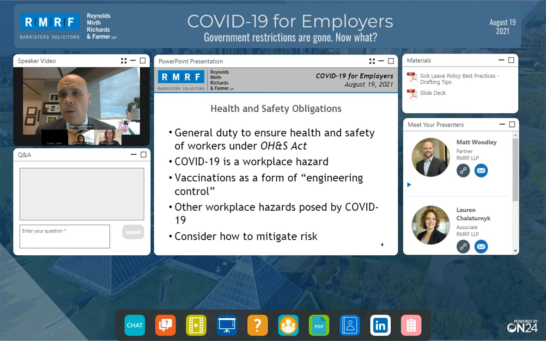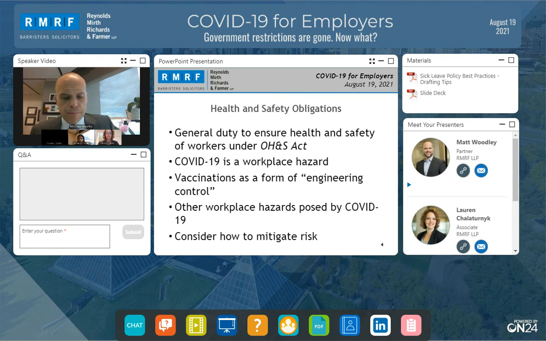The way in which your workers interact with members of the public. So if you're in an office like me where you can close the door and you don't have much interaction with your coworkers, compared to a situation where you have your frontline workers who may be required to interact with members of the public on a regular basis, or who may be required to deal with particularly vulnerable segments of the population. It's another factor that has to be considered. And of course, issues like physical distancing in the workplace, the kinds of work activities that are being performed, and any other controls that you may have the ability to implement. So all of those things need to be considered in the context of assessing the hazard in the workplace presented